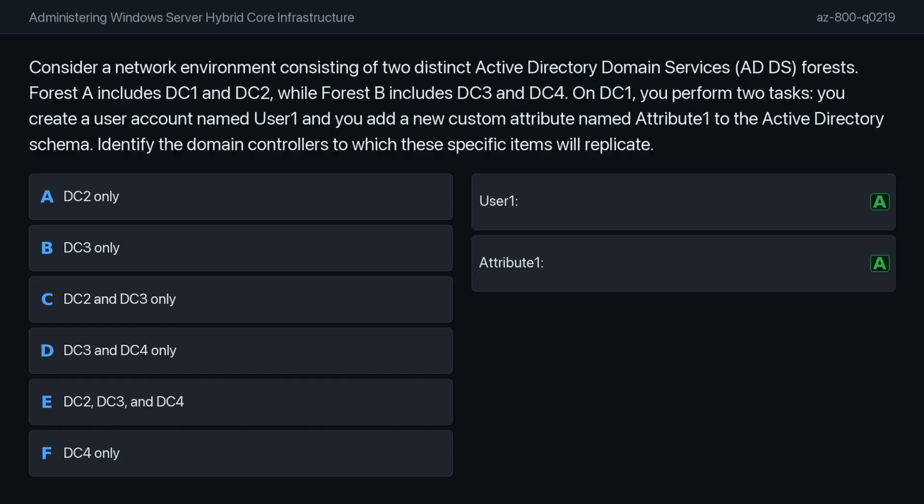Regarding the schema modification, schema partitions are replicated throughout the entire forest. Because DC2 is the only other domain controller in Forest A, it is the only one that receives these updates. DC3 and DC4 are in a different forest, and by default, there is no automatic replication of these partitions between forests. For your exam, remember that domain-specific data stays within the domain, and schema data is forest-wide, never crossing forest boundaries unless explicitly configured via specialized trust relationships, which are not implied here,